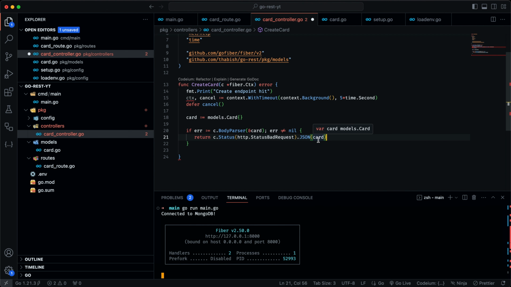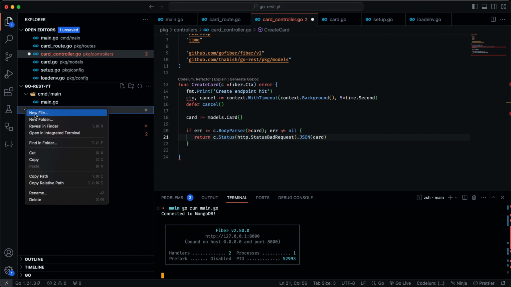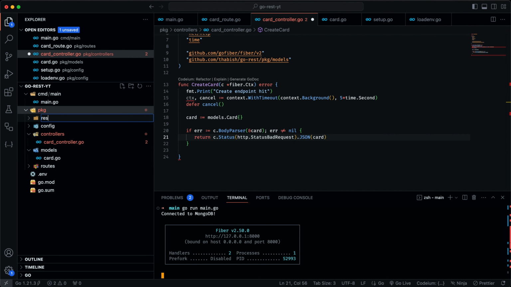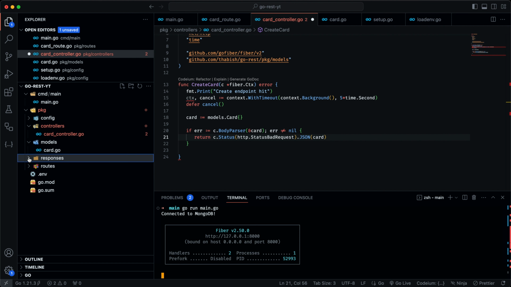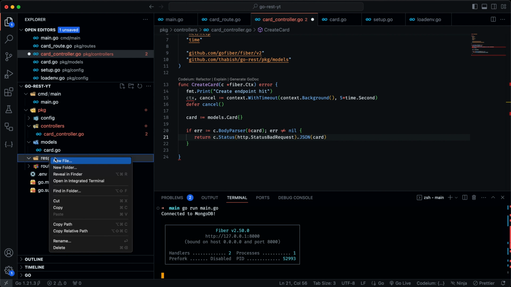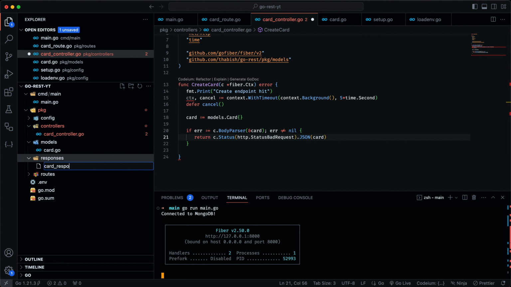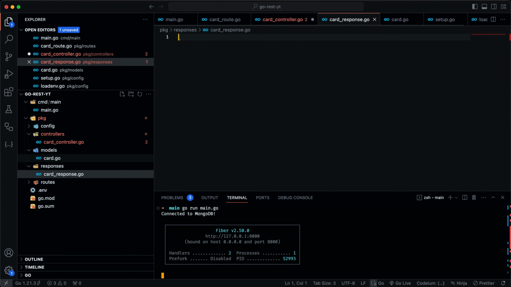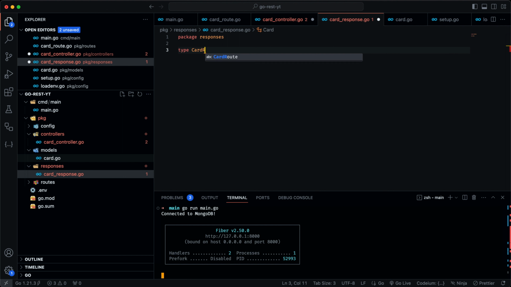So for the JSON part, instead of just passing in the empty card, let's give it a proper response whenever there's a bad request. Let's just create a new folder called responses, and in this we'll mention the template of how the JSON response should look. So here I'll say card response.go, and in here we can create a new struct. So type CardResponse